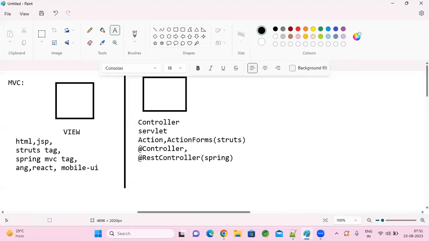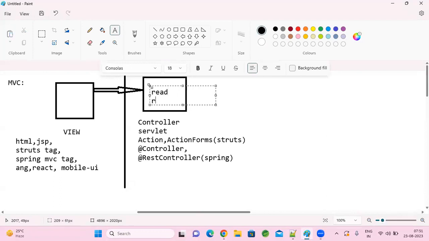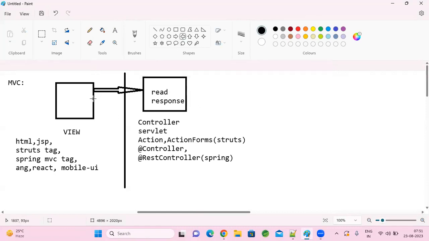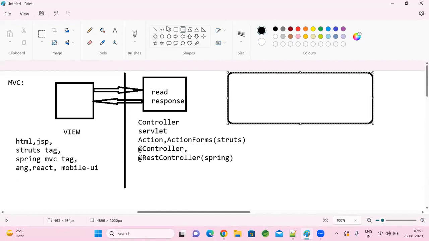So the controller responsibility, as we understand, is that it will read data and finally it will send a response. It will read data from you and it will send the response back to the front end. And to cover the model, business code, and DAO, we have different